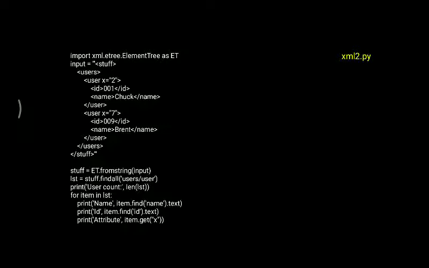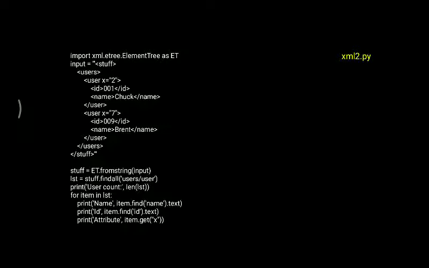Under the users tag we'll be writing many users, written in the form of user 1, user 2, user 3. Under user we have an attribute x equal to 2, and we have data under user: id and name. Similarly for user 2, x equal to 7, we have data called id and name.